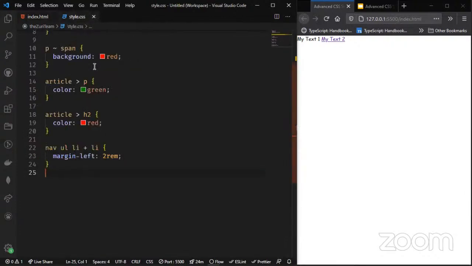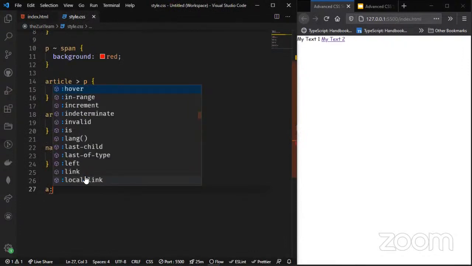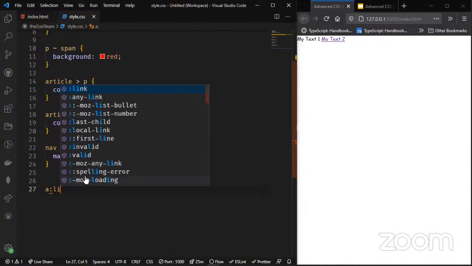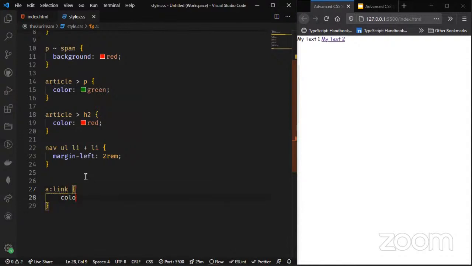So I can come to my CSS and then my A and then the colon. Yes, one thing to know is that when we want to make use of these pseudo-classes, it comes with one colon. So once, one colon and then you apply what you said. So we want to make use of the link only, since we want to style our link. So I can call my link, a color of hash ff0000, which is red,